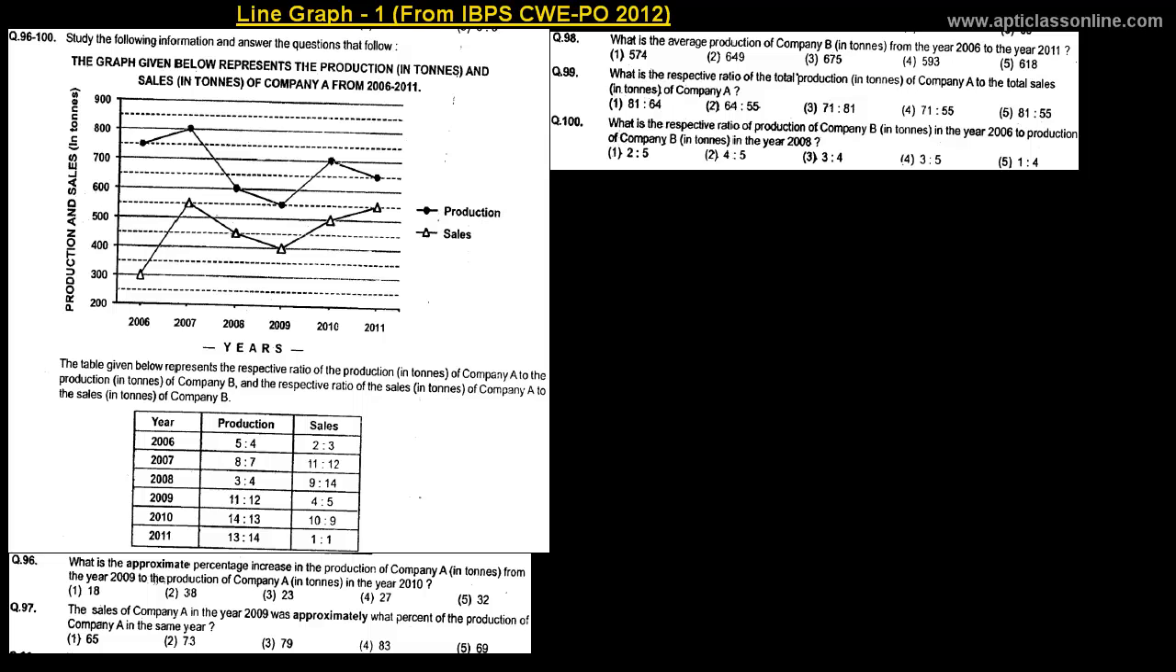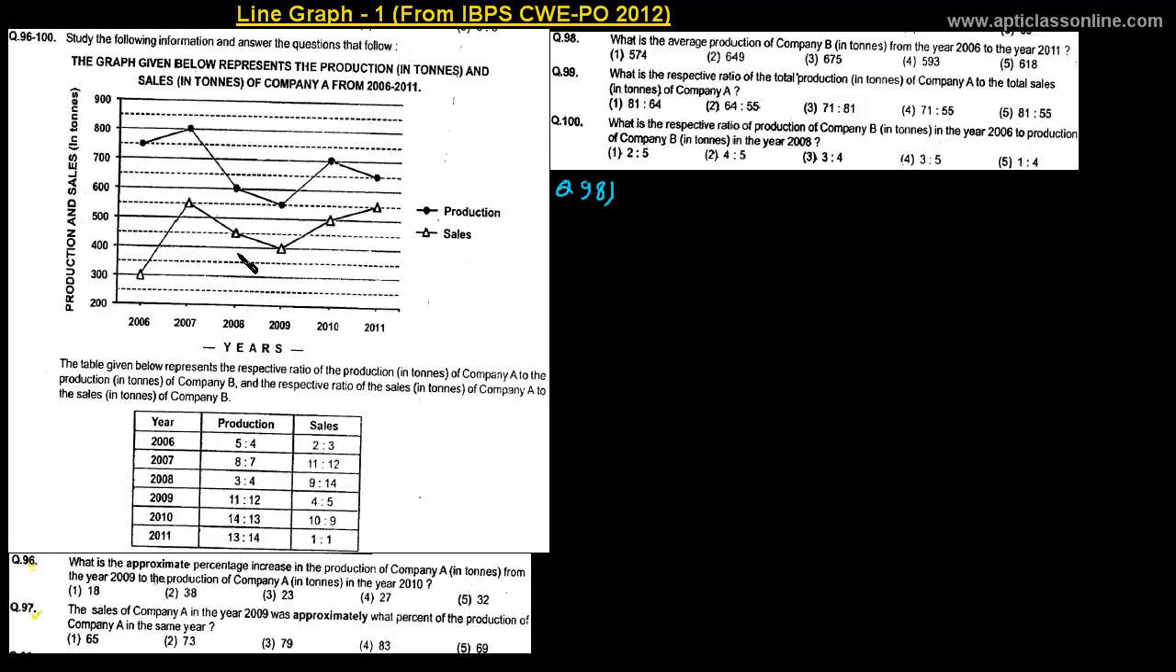So in this class we will extend our discussion of line graph what we have left from the previous class. In the previous class we have solved question number 96 and 97, and we will start with question number 98 in this class. So let's first read this question. Question 98 says, what is the average production of company B in tons from the year 2006 to the year